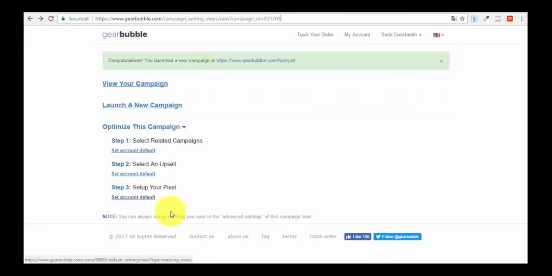You can do all of these things, but I won't go into any details because it can be complicated. If you already know how to do Facebook ads, you know what a Facebook pixel is. An upsell, I think everybody knows what an upsell is. Basically, you can create another product, with a different design or the same design, like a t-shirt or a bigger mug. Maybe people will want to buy 2 mugs, or the metallic mug or something like that, and that's about it. So you can go through these options as well if you want to.